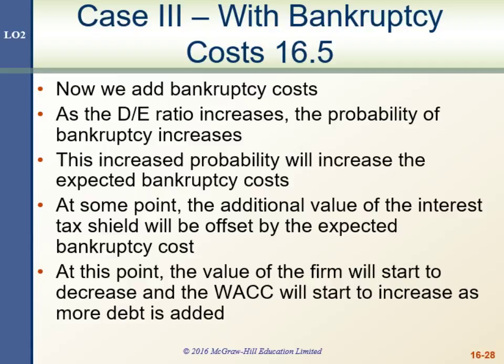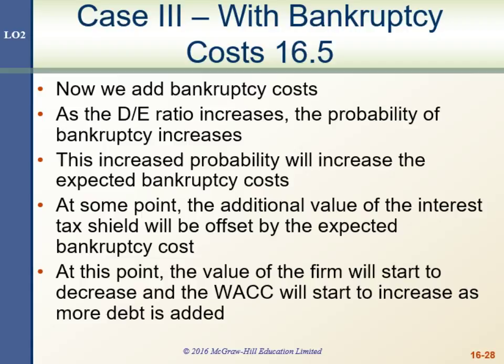So anyway, the probability of bankruptcy increases as the proportion of debt in the capital structure increases, and it's related to the idea that common shares are a call option on the value of the assets. So you would think, if you were a bondholder and you thought the probability of bankruptcy was increasing, you would probably demand a higher rate of return, because that implies more risk for you.